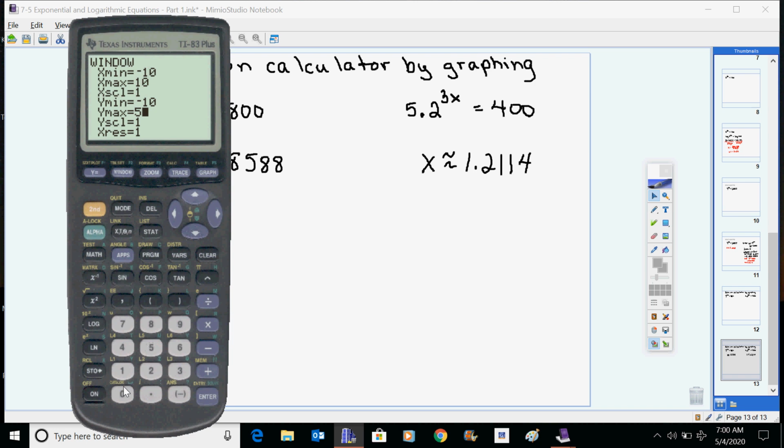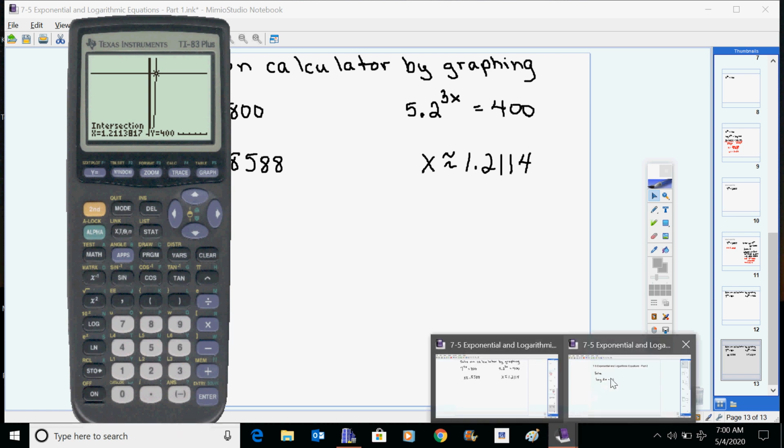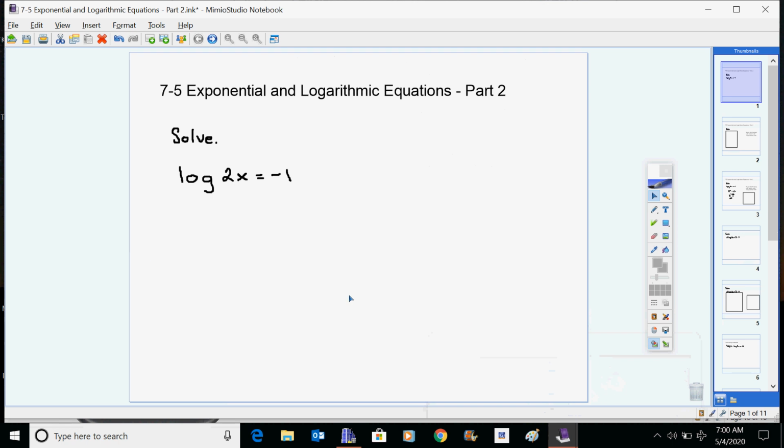Let's go to 500 and graph it. And calculate the intersection. First curve, second curve. I'm guessing it's about there. And boom, 1.2114. All right, so there's that part. And continuing to move on with this,